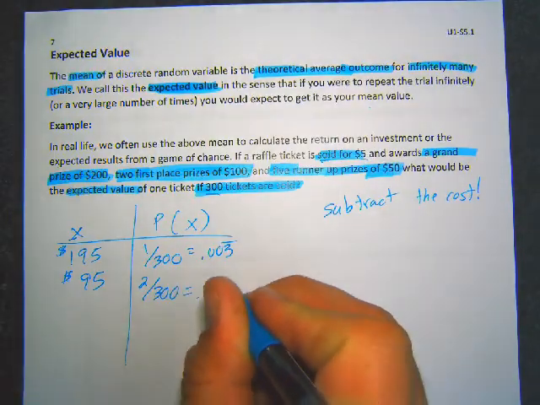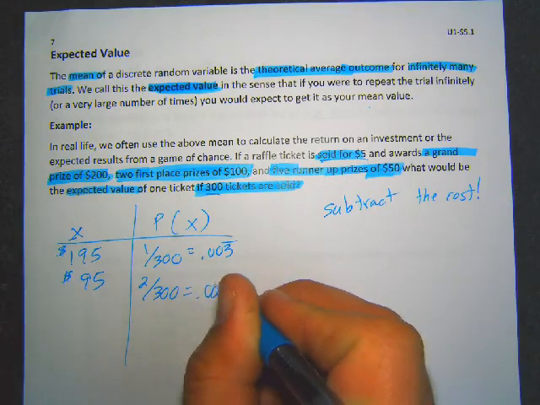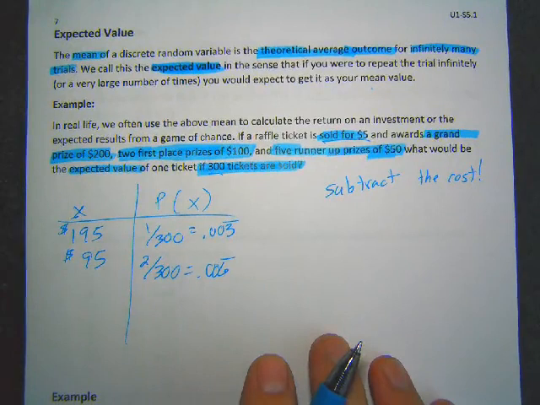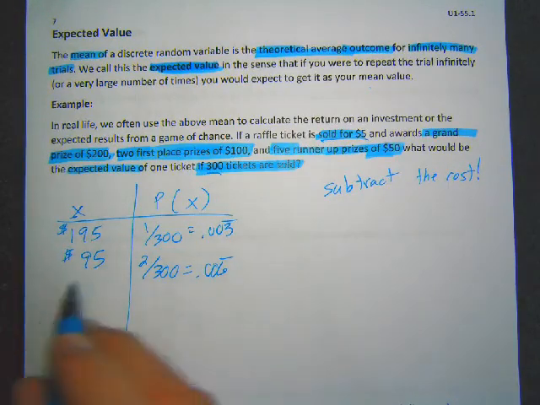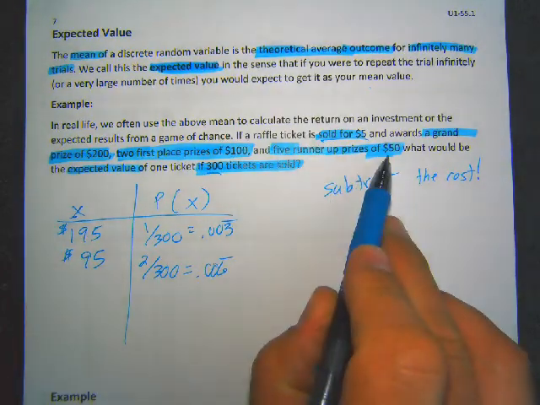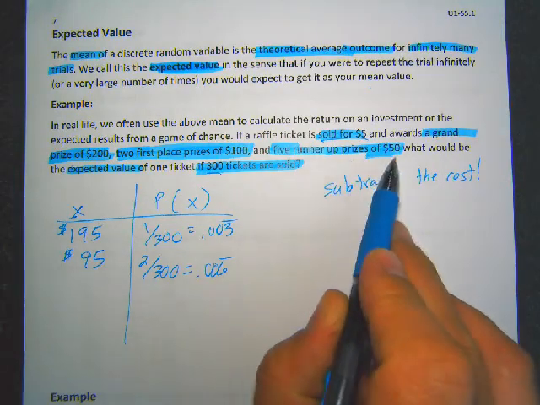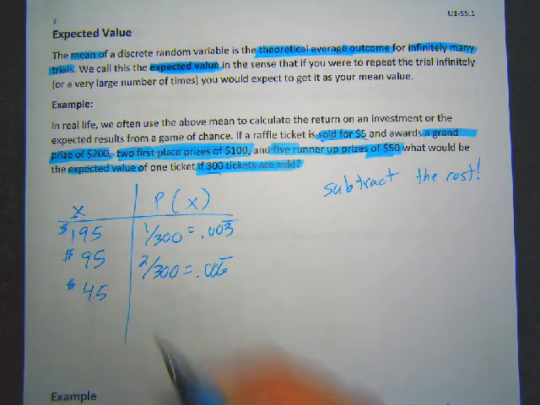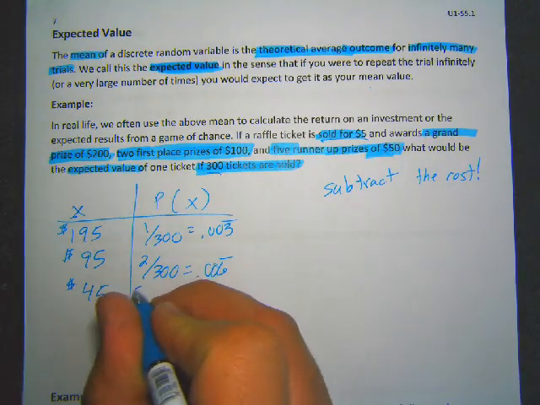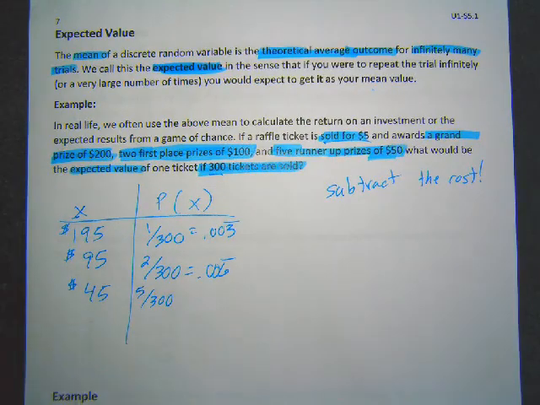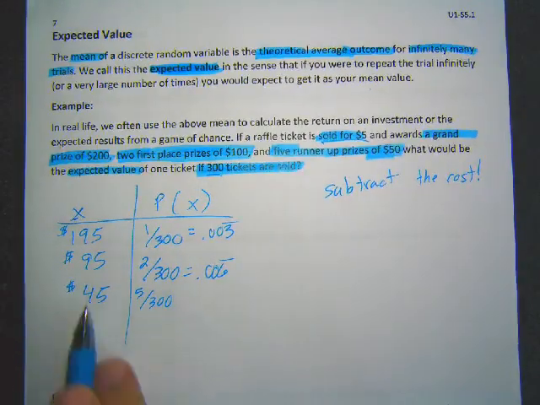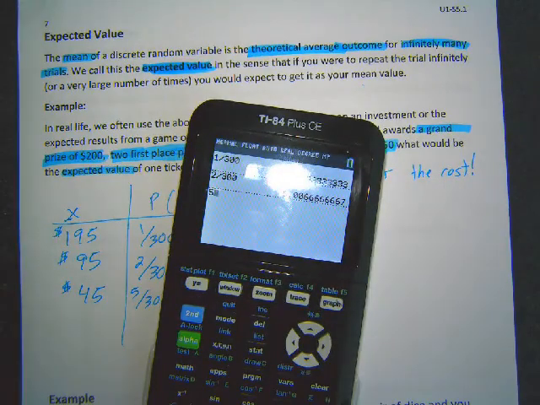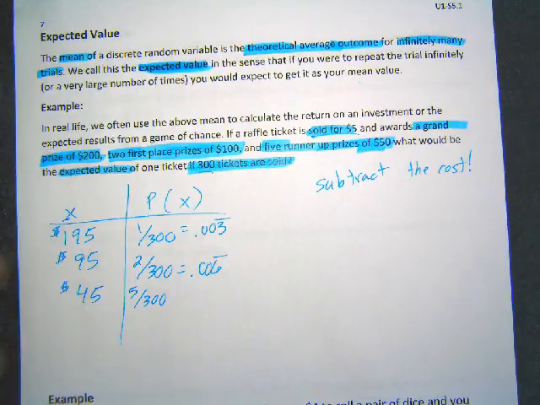Which is, again, not a nice number. It's 0.0666 repeating. That's what you get when you divide by 300. It gives you some yucky numbers. Again, I'll just use fractions when I type in the calculator. Next one, 5 runner-up prizes. So there's 5 prizes for $50. But if you spend 5, you only make 45 because you spent 5 to get the prize. And there was 5 of those, so 5 out of the 300 are these runner-up prizes, where you get $50, but you only get 45 because you spent 5 to get it. And if I divide that one, 5 divided by 300,